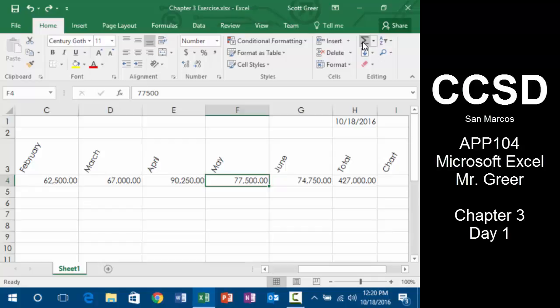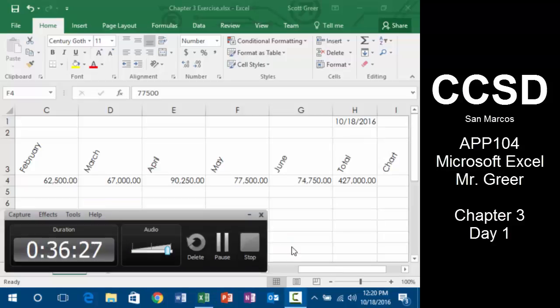Okay. So we got the date. We are going to hit save now, Control S or File Save. We're going to pick up tomorrow doing this. Like I said, I wasn't sure we were going to get through this all today. Let me go ahead and hit